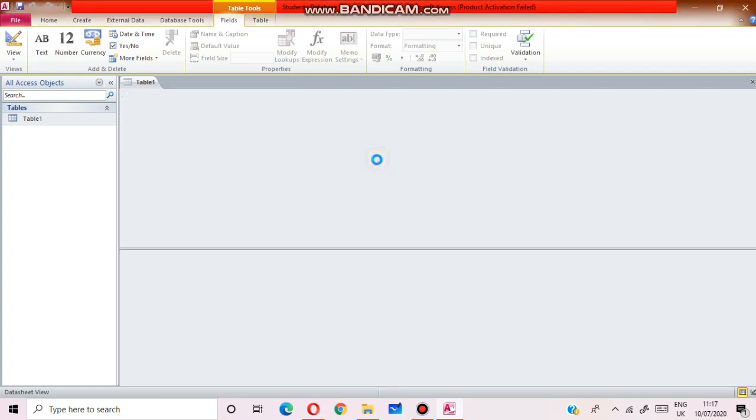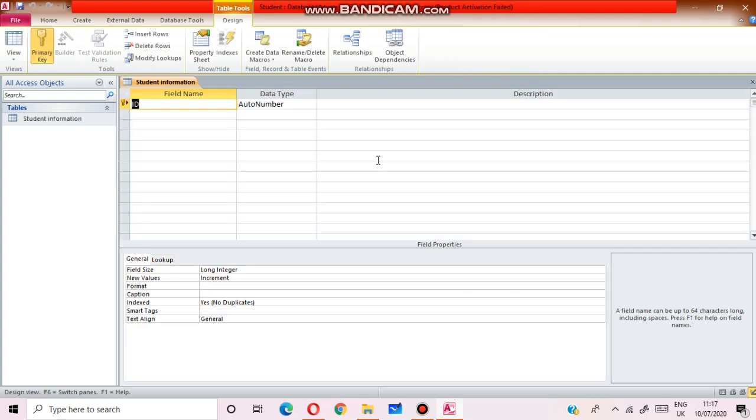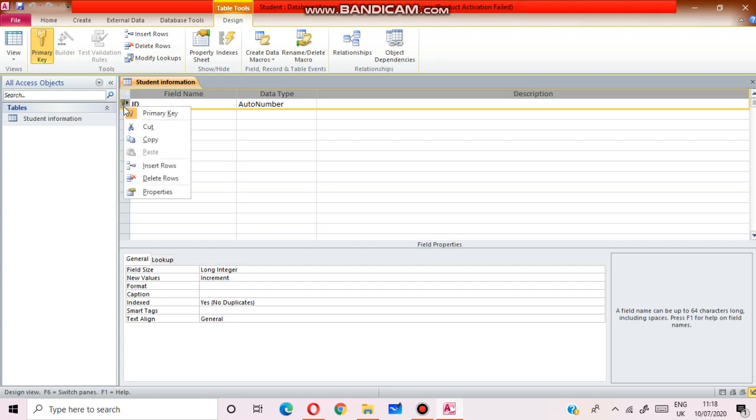Here you can see this is the design view of the table. What will you do? Here you can see this is by default the primary key. You will deselect this primary key.